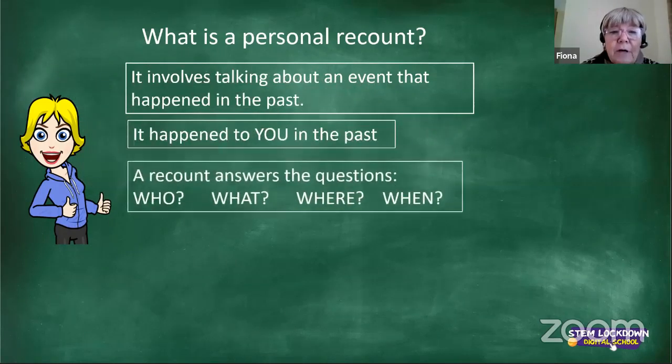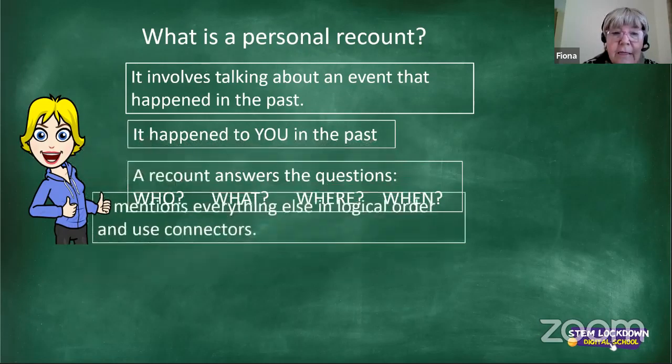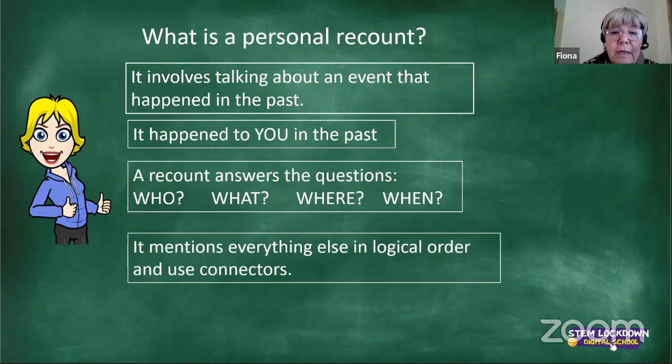So a recount answers these 4 questions: who, what, where, and when. That's right at the beginning. It answers those 4 questions, and then after that it mentions everything else in logical order and uses connectors. You know what connectors are? First, second, third, fourth, or first, after that, then, next, finally. Things like that. They're called connectors. Right, so